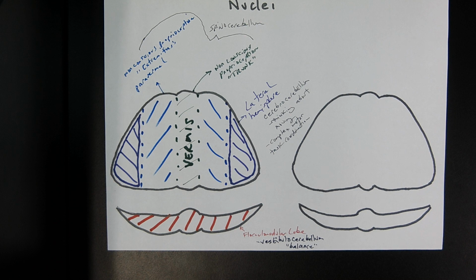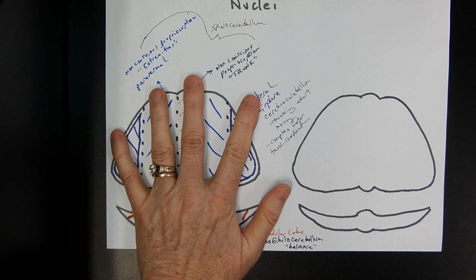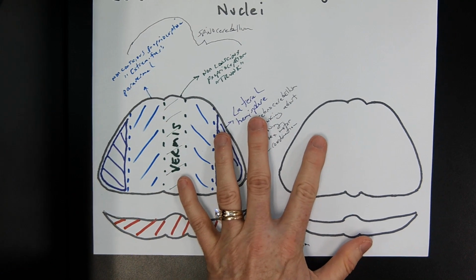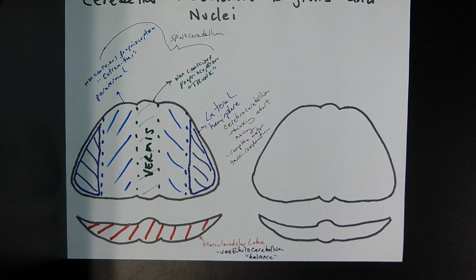Questions? Okay, now all of these functional regions have associated nuclei. The functional regions by themselves receive the afferent information coming in from the environment, and the nuclei receive that information and then put out efferent information. Okay, when we're thinking about